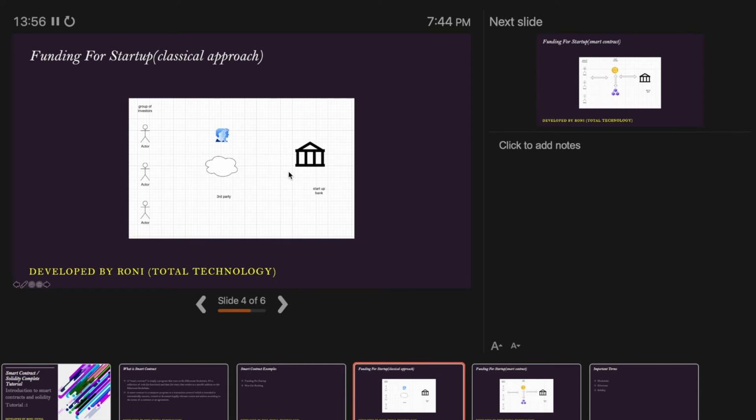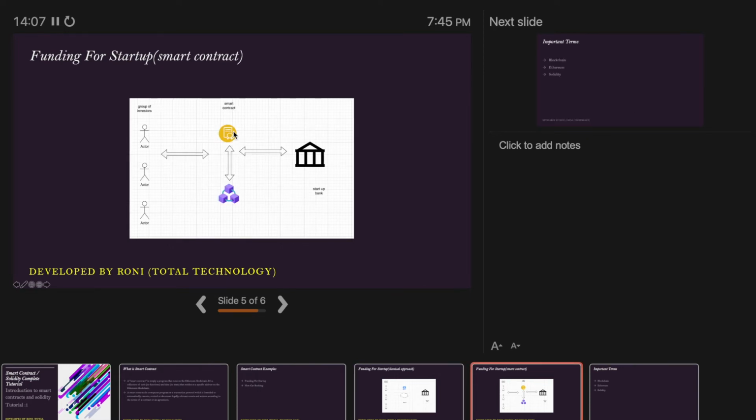To overcome this, we need some sort of contract which is always true and always going to execute without any intervention of any third party or manual activity. That is how the smart contract works. A smart contract is a piece of computer code, written in a programming language. Whatever we are talking about is written in the form of code in the Solidity language, and it is deployed in the Ethereum blockchain, and it is going to interact between the investors and the company.